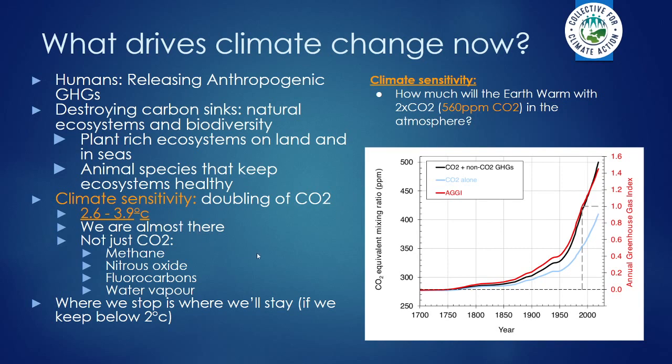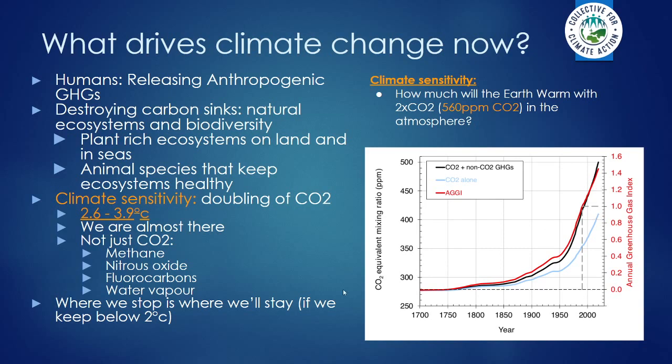So this takes us on to something called climate sensitivity. Now this is really important to understand because it informs our projections of climate. A doubling of CO2 basically results in 2.6 to 3.9 degrees C of warming, which is really, really bad. 2 degrees was considered by the IPCC as the threshold above which it is catastrophic. And if you look at the 1700s, there was about 280 parts per million. And just with CO2, it's just over 400, 415, something like that.